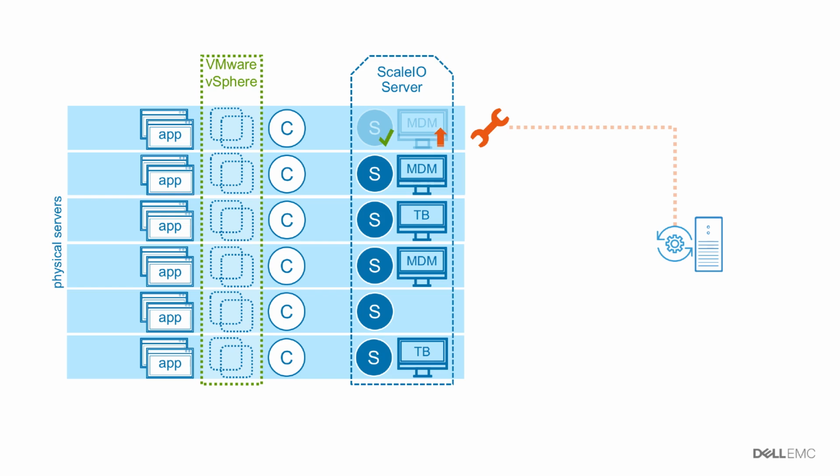Now the MDM gets upgraded. But we still have the ScaleIO client software to upgrade, and that's going to mean stopping the ESX hypervisor on this node from accessing data on our ScaleIO volume. So, the ScaleIO management server tells vSphere to move the VM guests to other nodes via vMotion. There's no interruption in service, and vCenter's Distributed Resource Scheduler, or DRS, makes sure that the guests end up on the right node. That leaves this node clear to upgrade the ScaleIO client without any traffic going to the data